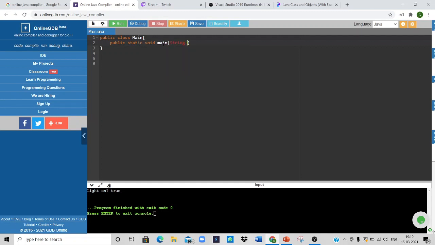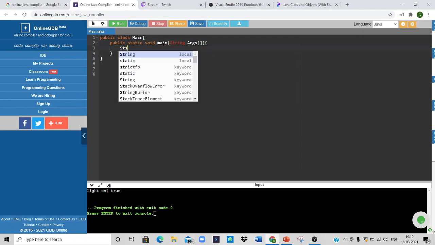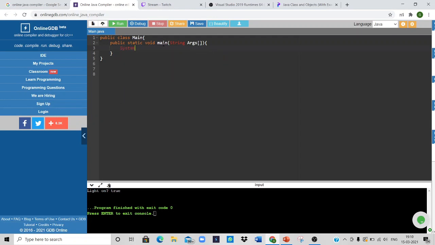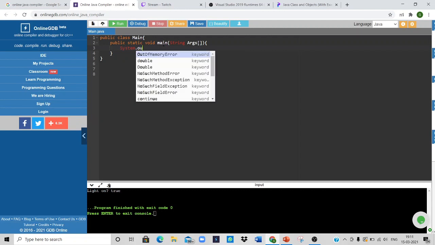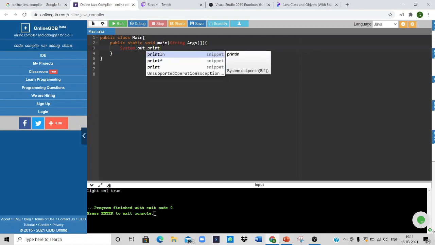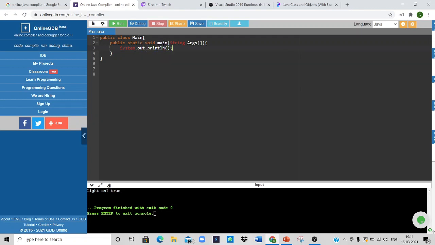String args is the argument of this main class. Within that, we'll just print something to represent the user that is from the main class. System.out.println.